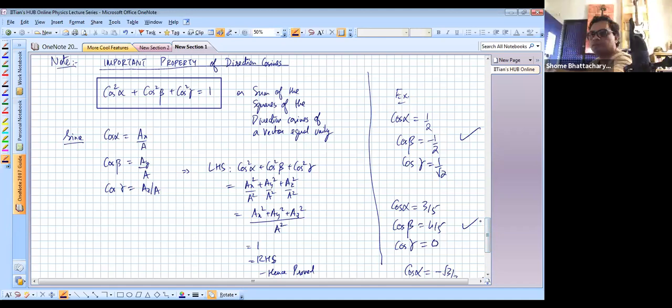So yeah, if we have that formula, that mod is root of ax square plus ay square plus az square, from that formula only we get the derivation of this theorem. It's not the other way around, that this theorem is